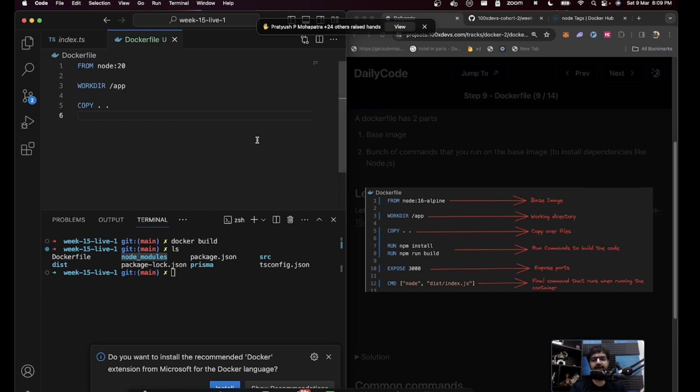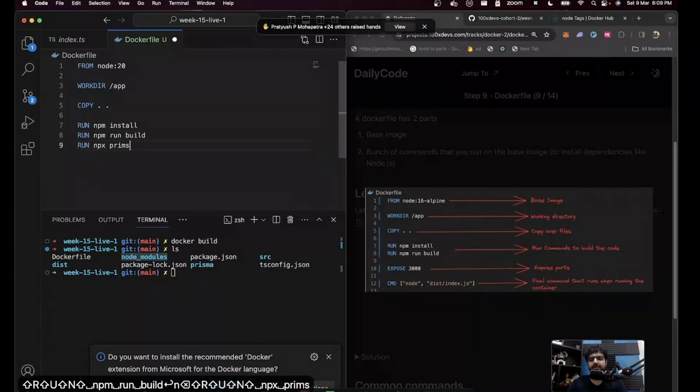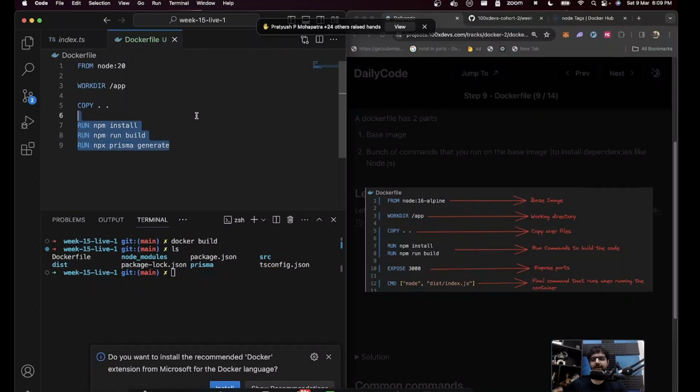What you want to do is actually run it, which is why we'll look at the 4th command now, which is run. And here you can say run npm install, run npm run build, run npx prisma generate. All the commands that you ran here in the terminal to start the application, you'll run the same commands in the image. These don't start the application. I repeat, these just build the application, bring all the dependencies, convert the TypeScript code into JavaScript code, and generate the Prisma client. They don't start the application. We'll eventually come to how you can start the application.